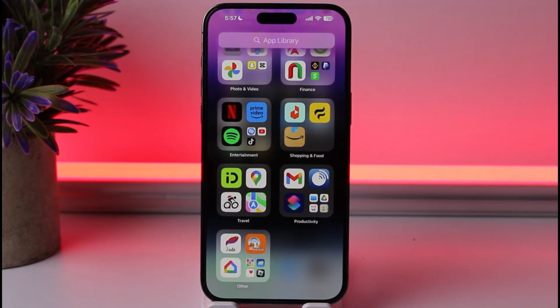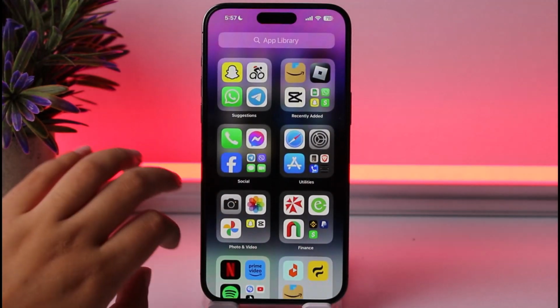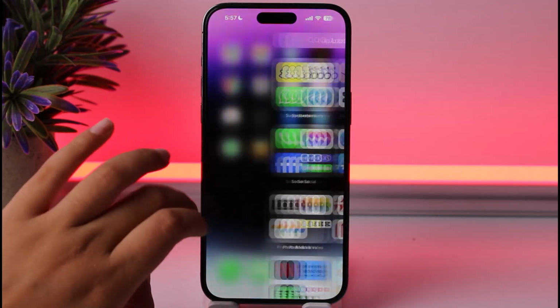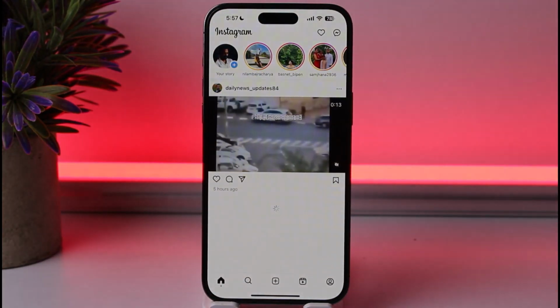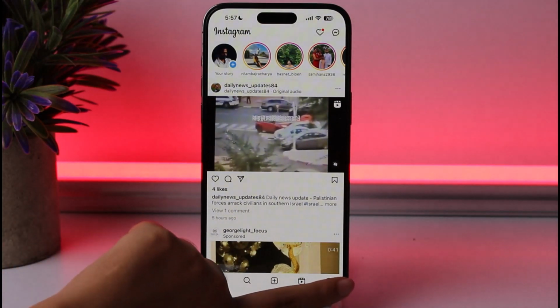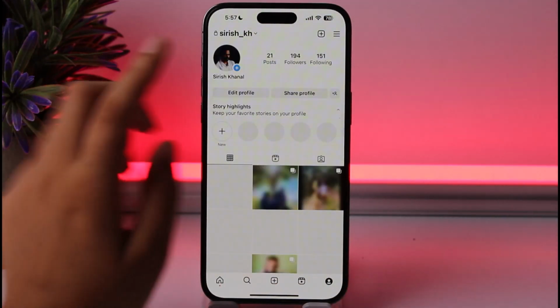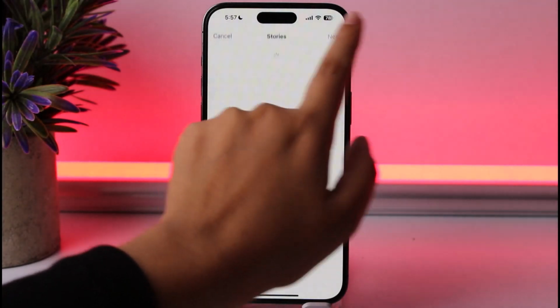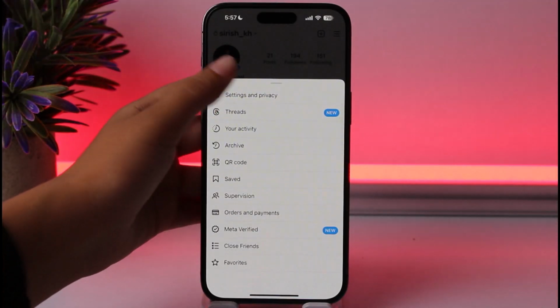First of all, what you've got to do is open the Instagram app. Open it up, and you will find this kind of interface over here. Then afterwards, tap on this profile icon given on the below right corner, tap on these 3 horizontal lines on top, and now tap on the option called settings and